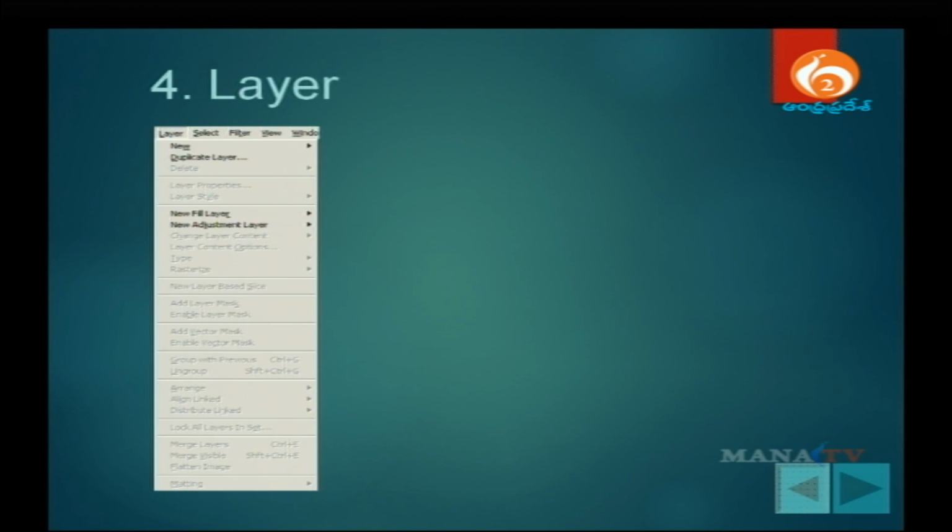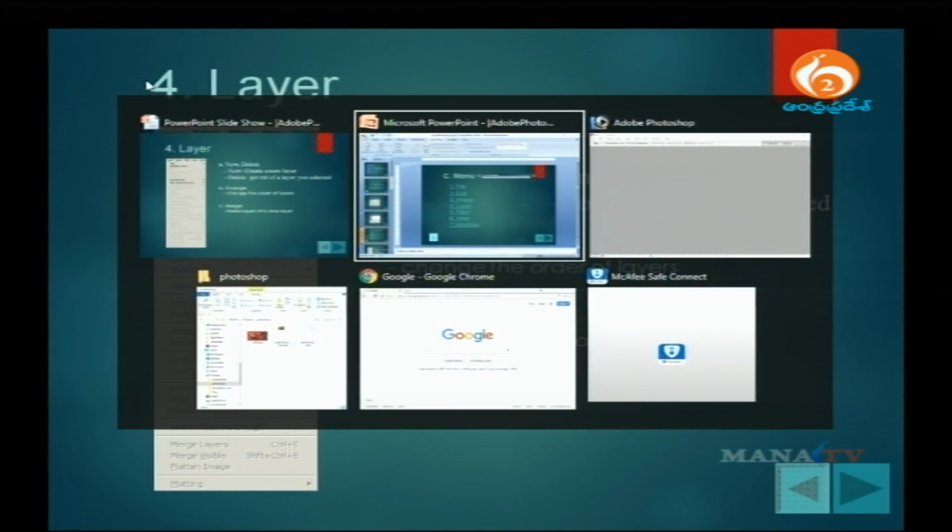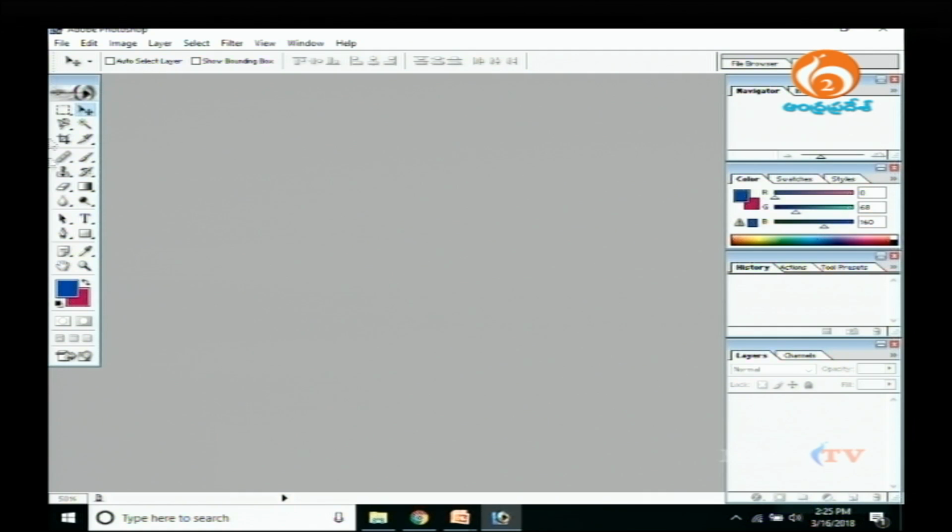So when I speak about layer, we were at the layer, how to create a new layer and how to delete the layer. Yes, we were at this tab. So now let us go with the Photoshop. So here is the Photoshop workspace. So I am going to import